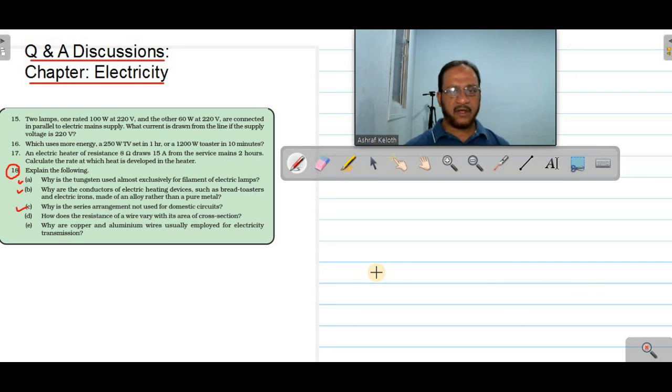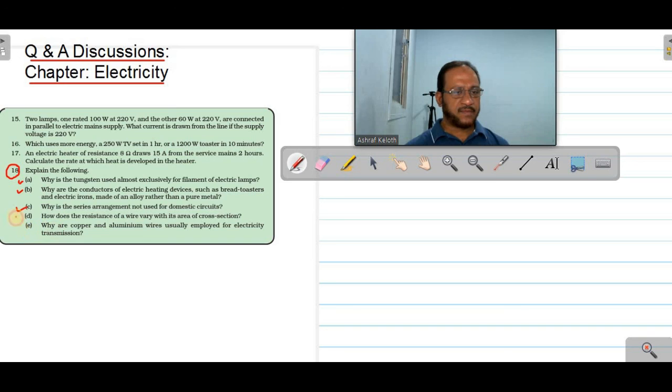Okay, so these are the points. The first point, in series combination, all devices will not get the same potential difference, same voltage. Each device cannot draw enough current; all of them will get the same current only. Each device cannot be controlled by a separate switch in series combination. A defect in any one device will affect the working of all other devices. Total resistance in the circuit will be maximum in series combination.